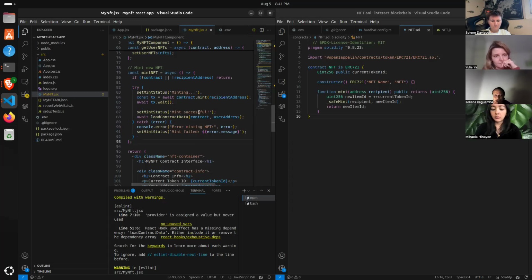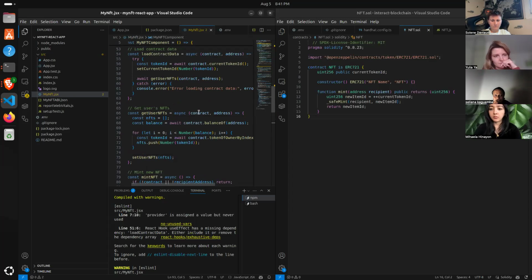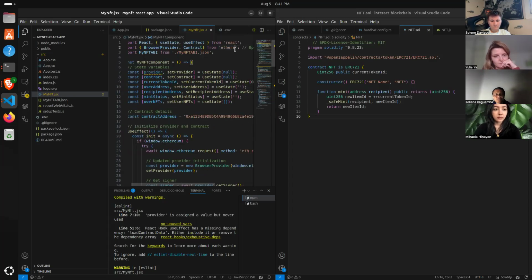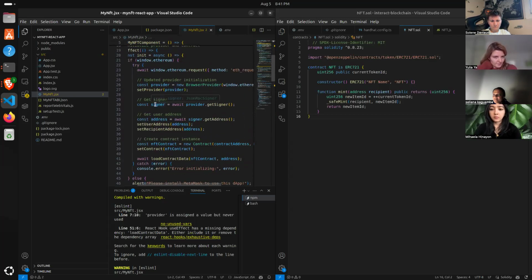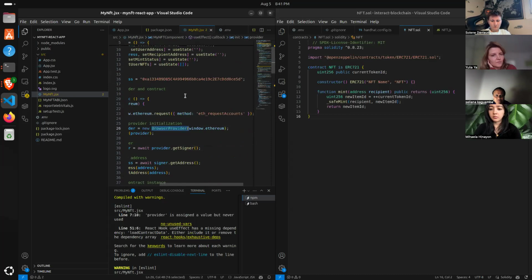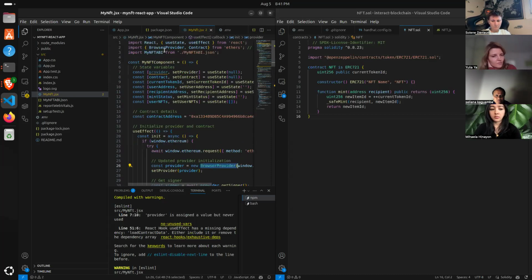So the first thing I'd say is at least have ethers functioning, and then have MetaMask connected in your browser using the signer and the provider. So here you can see we have the browser provider that sets that provider. So if the signer is already successful here,